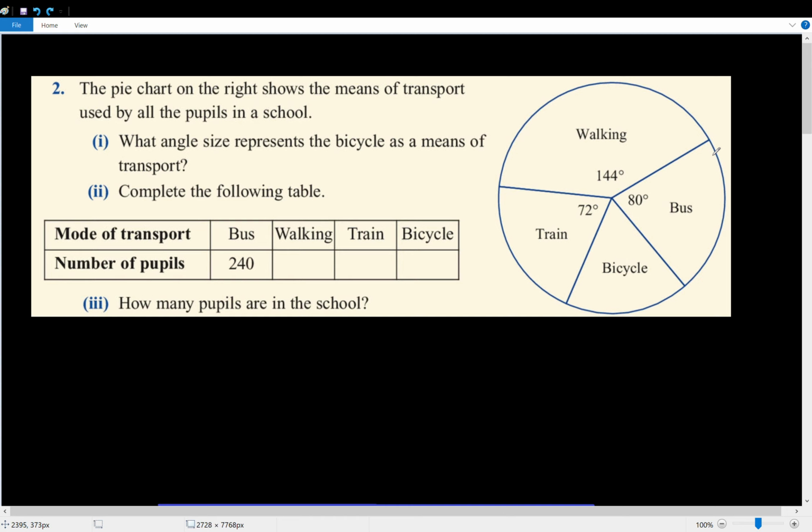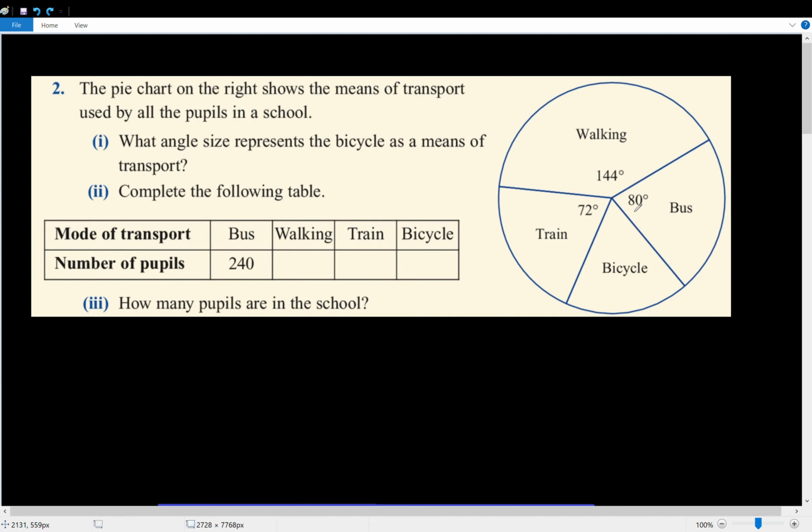This is question 2 in exercise 13.4 in Project Maths 2. The pie chart on the right shows the means of transport used by all pupils in a school. We're asked three different things about this. We're asked first of all what angle size represents the bicycle as a means of transport. And if we look over, we see the bicycle is the only section that doesn't have an angle written in